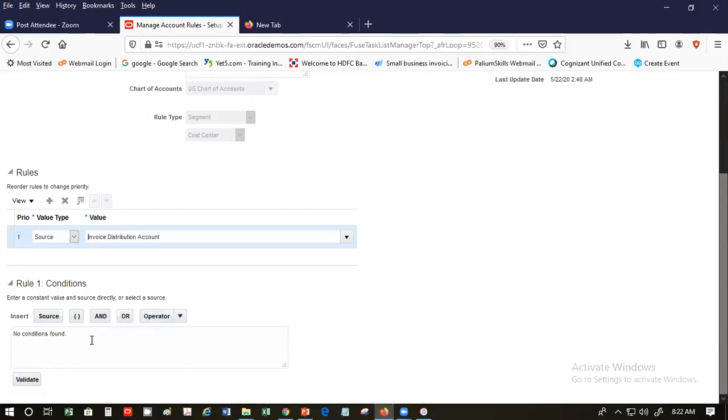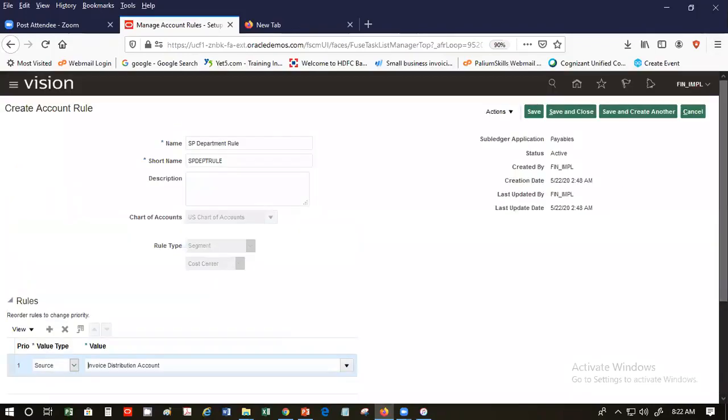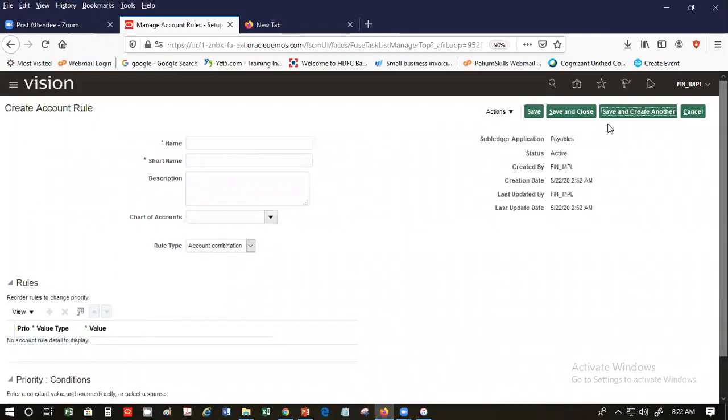Okay, and the rule is already there, it is going to pick it up from the invoice distribution, so there won't be any other rule. So now we'll say